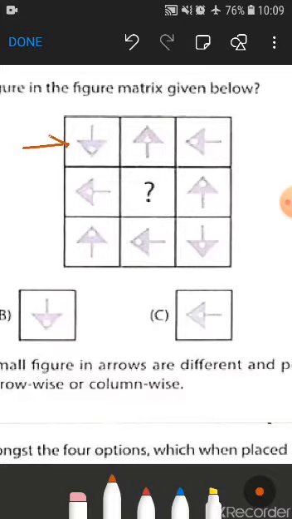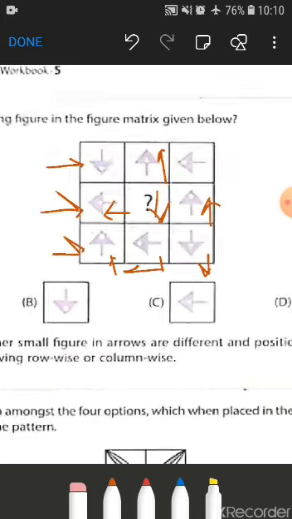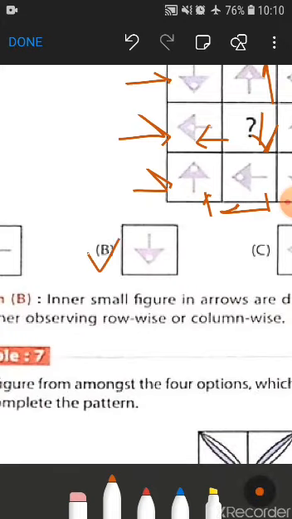you can see one arrow is toward downward, one arrow is showing towards up, and one is showing towards left. Similarly, in the last row, again what is going on? One arrow is toward up, one is toward left, and one is toward down. So here in the middle row we have leftward, we have upward. So the answer in the question figure will be the arrow towards the downwards. So in this question our correct answer will be option number B.